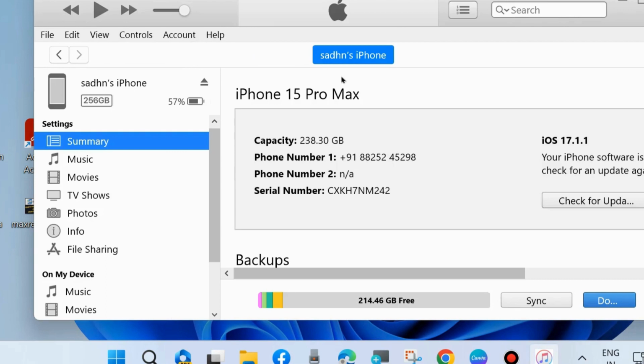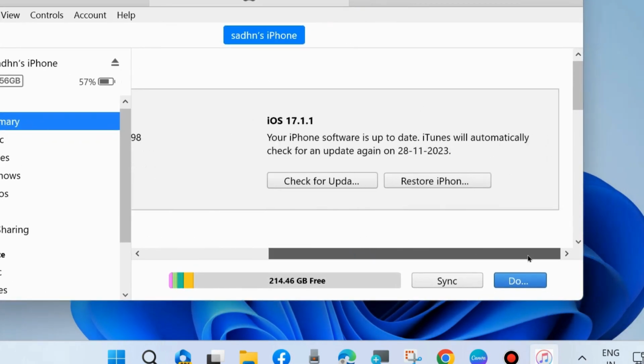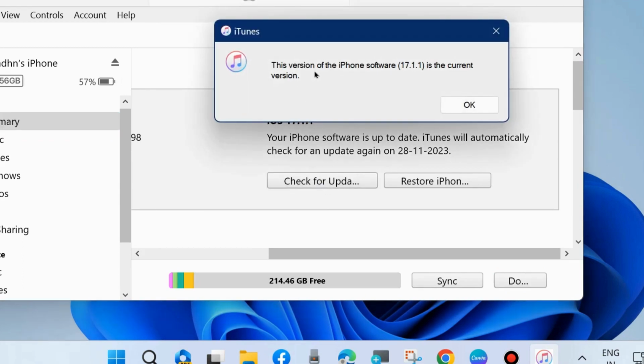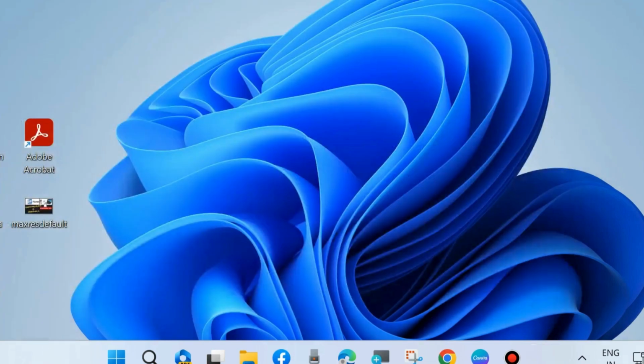and all your phone summary details will be visible here. Here click on check for updates first, and the version of the iPhone software 17.11 is the current software. Otherwise choose restore iPhone, and after restoring try to install latest